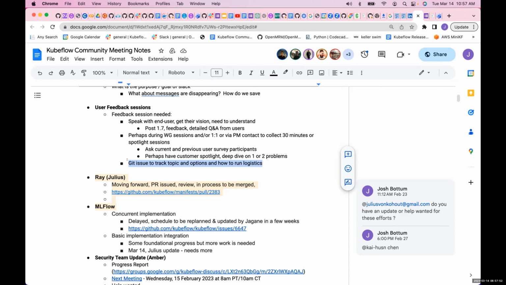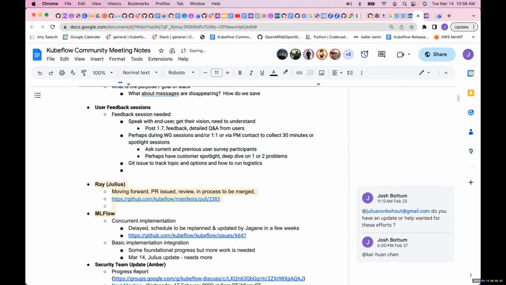Well, like you said, I can't do everything. I'm willing to help with this because this is of interest. We can have either a meeting where people could join, but a lot of users, when you start asking them specific questions about Kubeflow, like to give the good, but they might not want to give the bad and the ugly of their experience recorded publicly. So maybe if we had a couple people who are willing to reach out to different users on behalf of the project, and just talk to folks. I'm happy to do it because I'm scheduling interviews with some of our users and stuff, but I don't know.